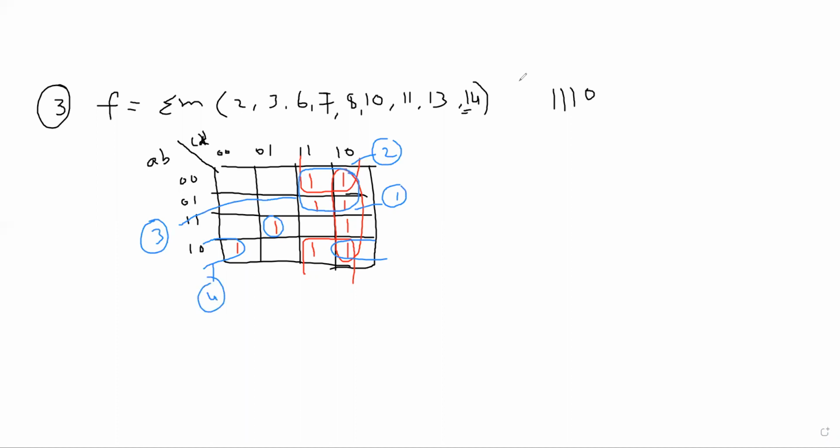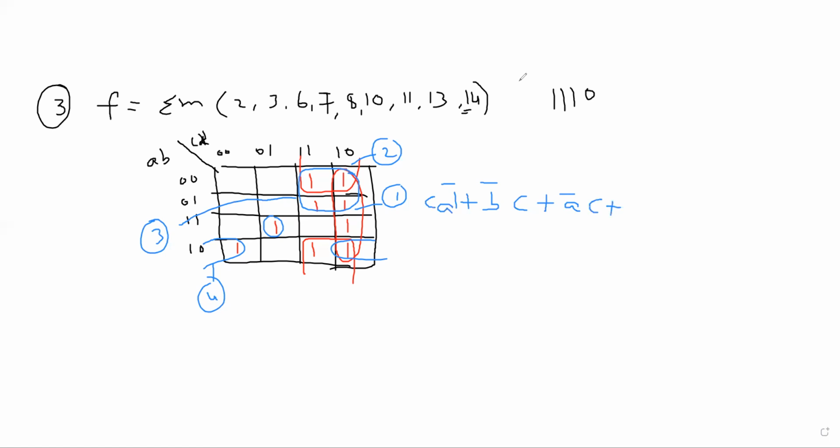Now in the first group, if you observe, we can write C into D complement plus. In the second group, which one is common here? B complement is common. And how many columns? 2 columns are there. Which one is common here? C is common, plus. In the third group, which one is common? A complement is common. And how many columns are there? 2 columns once again. C is common.